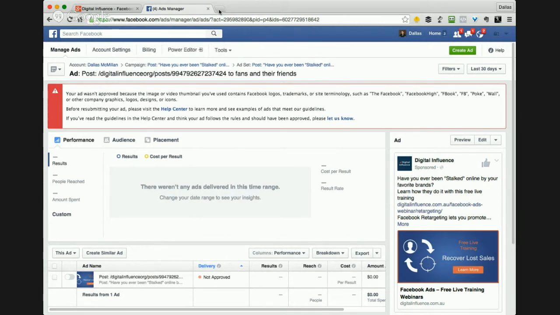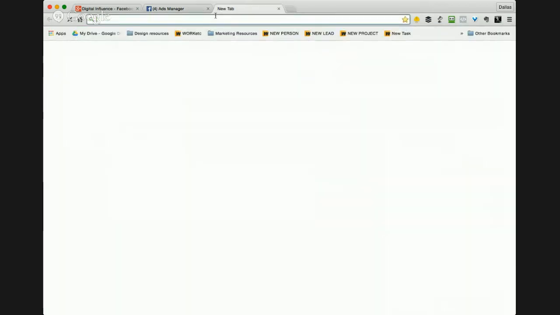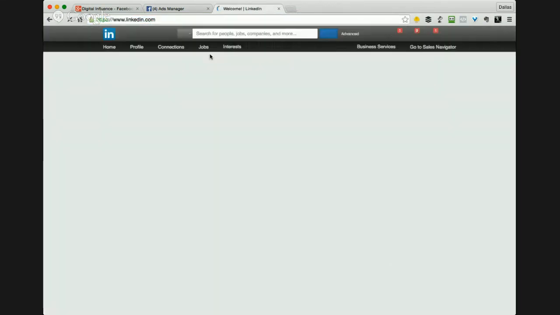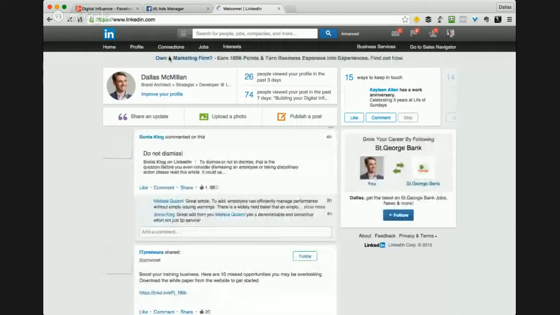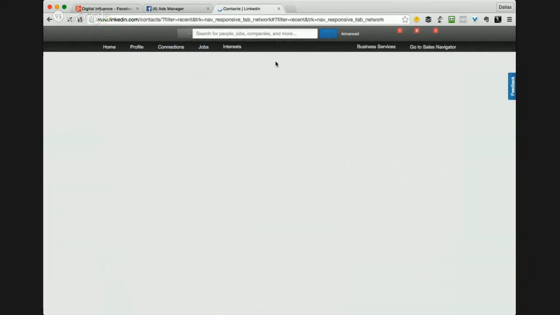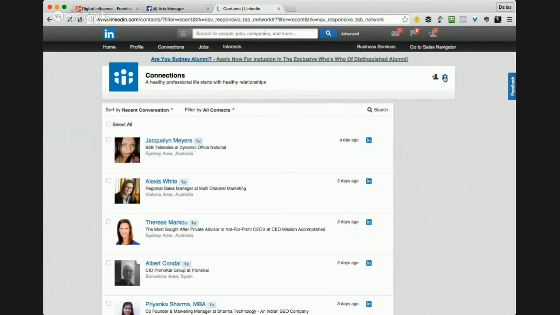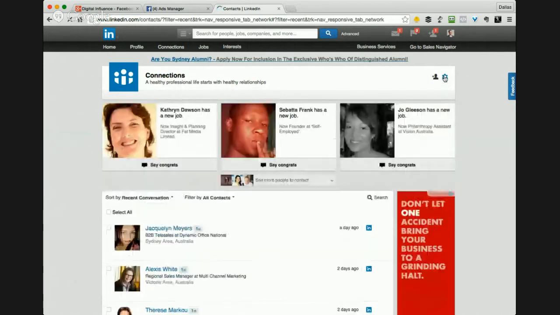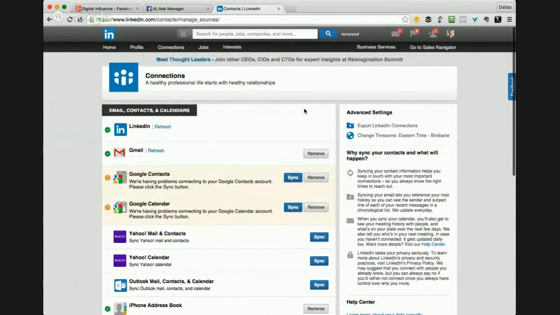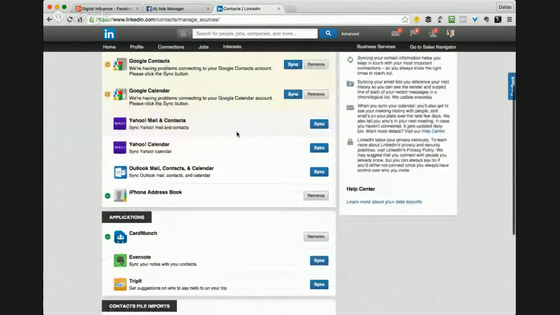So one of the things I thought would be really useful is to look at LinkedIn, and I'm just opening my LinkedIn here. Okay, and what we're going to do is go to connections. And look, I do hope this works, because LinkedIn actually blocked this functionality about 2 weeks ago, and it has been reinstated, but we'll just check that we can do it here.